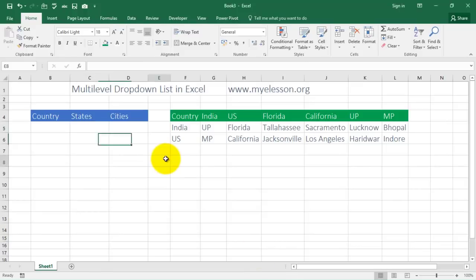So here is our raw data. First, you have to create the dependencies. So I say the first dependency would be based on country, so India and US. Then based on that, it should show states. So states would be Uttar Pradesh, Madhya Pradesh for